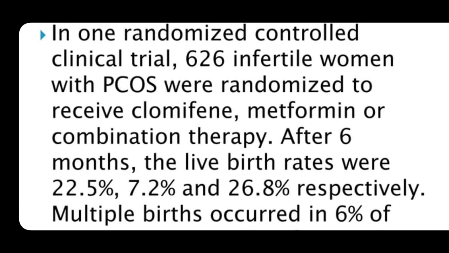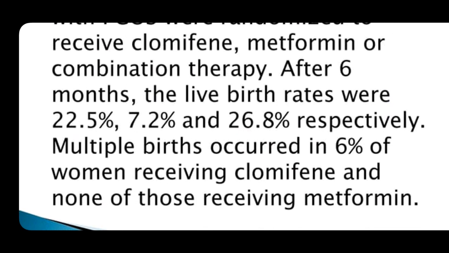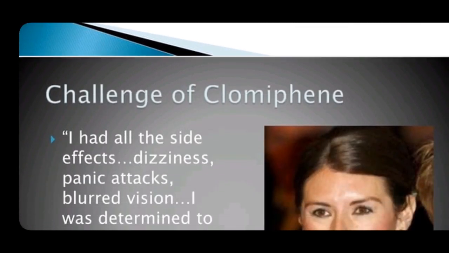ওয়ান র্যান্ডোমাইজ কন্ট্রোল ট্রায়াল দেখাচ্ছে একটা randomized 626 infertile women with PCOS were randomized to receive, কেউ রিসিভ করছে ক্লোমিফেন, কেউ মেটফর্মিন, আর কেউ ইউজ করছে দুইটারই কম্বিনেশন। 6 মাস পরেও দেখা গেছে যারা ক্লোমিফেন পেয়েছিল তাদের 22%, যারা অনলি মেটফর্মিন পেয়েছিল তাদের 7.2%, এবং যারা দুইটাই পেয়েছিল তাদের 26.8%-এর লাইভ বার্থ বাচ্চা হয়েছে। কিছু ক্ষেত্রে যারা ক্লোমিফেন পেয়েছে তাদের ক্ষেত্রে মাল্টিপল বার্থ হয়েছে, দ্যাট ইজ টুইন প্রেগন্যান্সি আসছে।